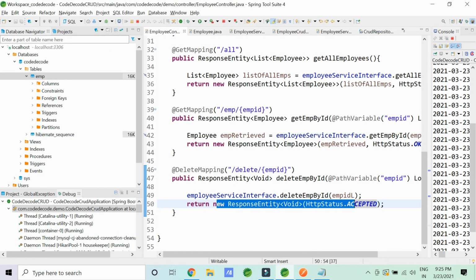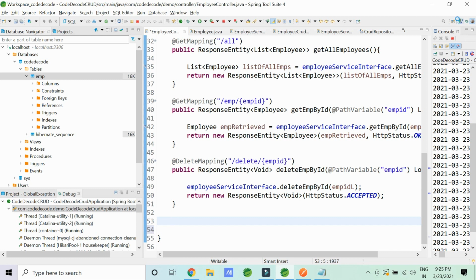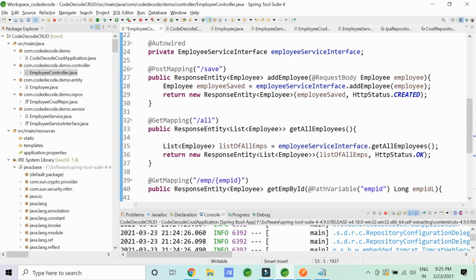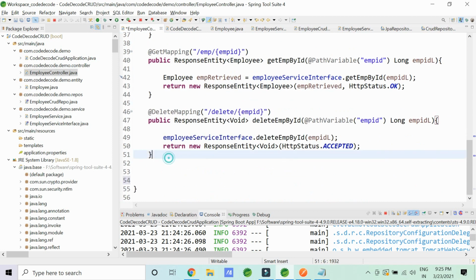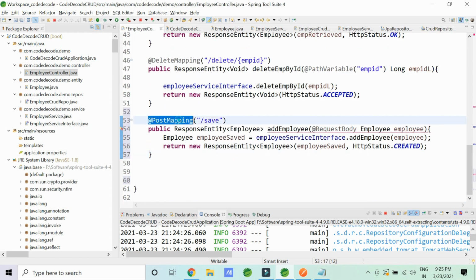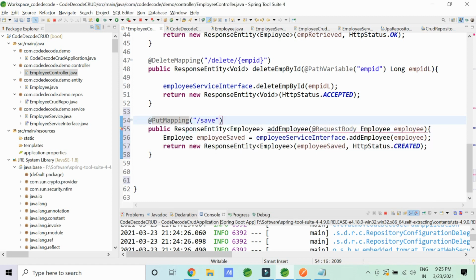Now let me quickly cover the update operation for you. Remember that in Java, the update operation is the same as the add operation. So let me quickly copy this for you. You can also do the copy, but remember to change the mappings. Just remember one important thing: if you copy, remember what you are copying. In update, you should always use @PutMapping and you should say update